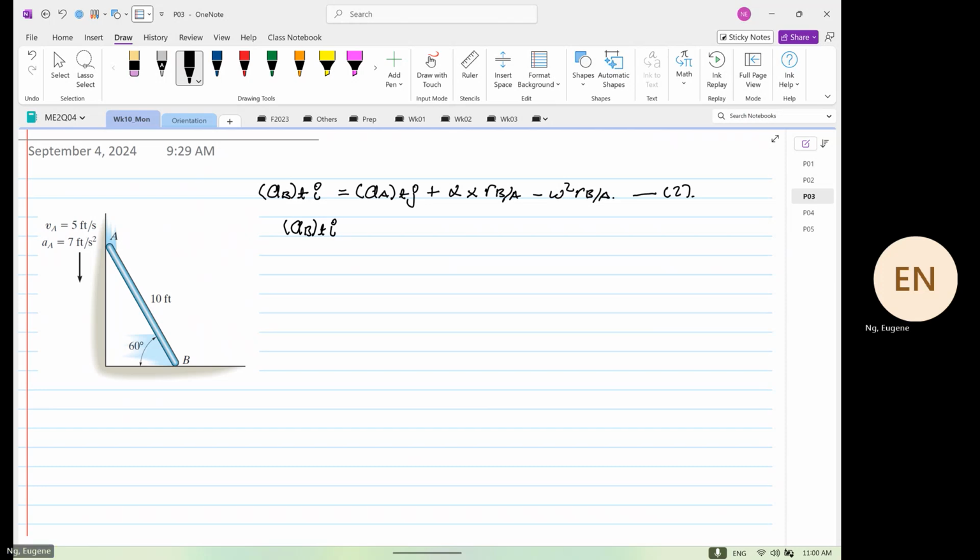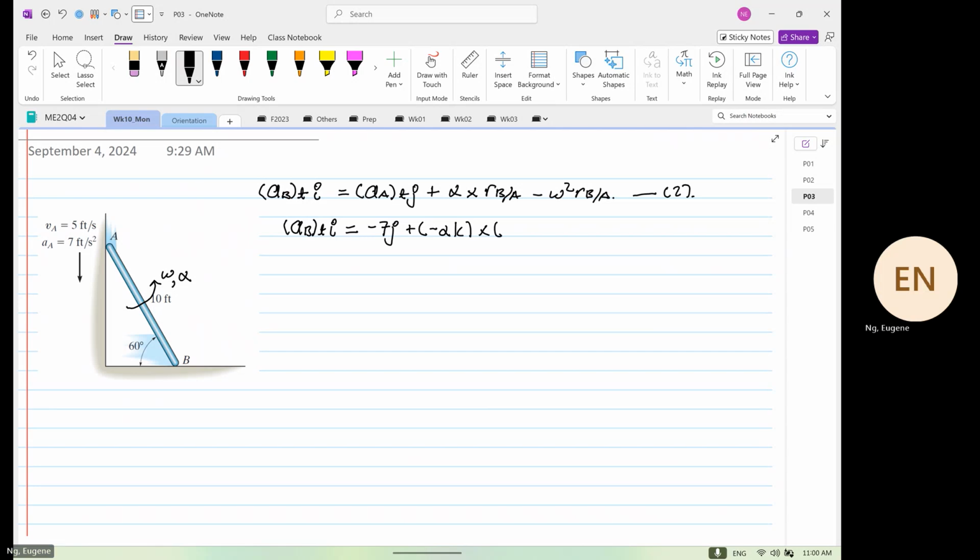And then we want to know the acceleration of A in the J direction, so this is minus 7J. We know that over here this is our omega, and alpha will go in the same direction. So when that's the case, this will be plus, and then we will have a minus alpha k